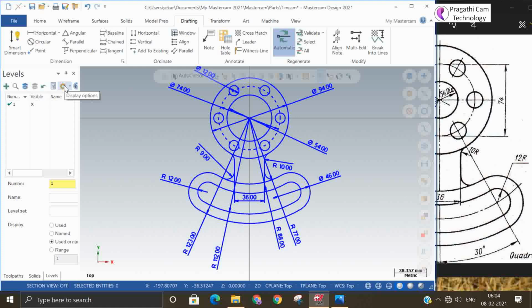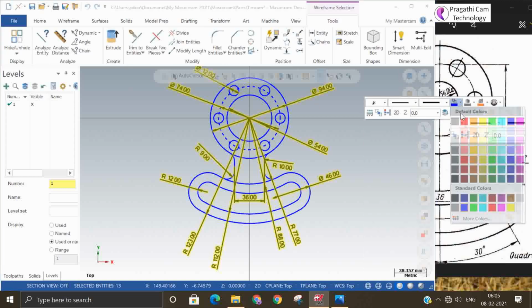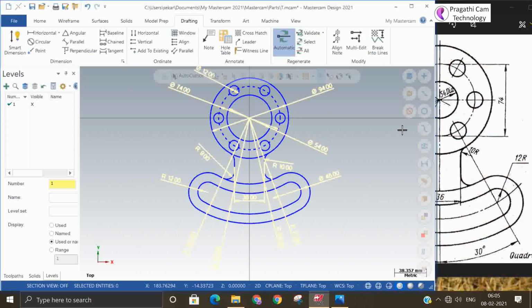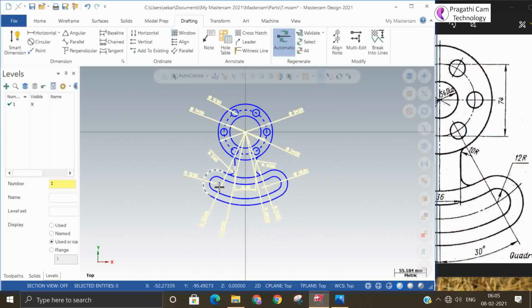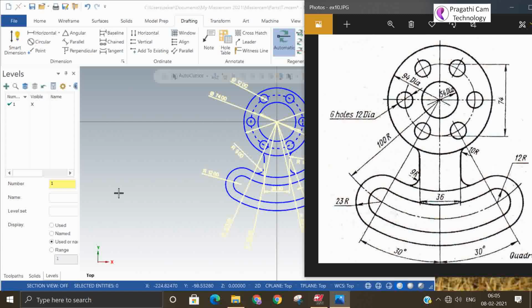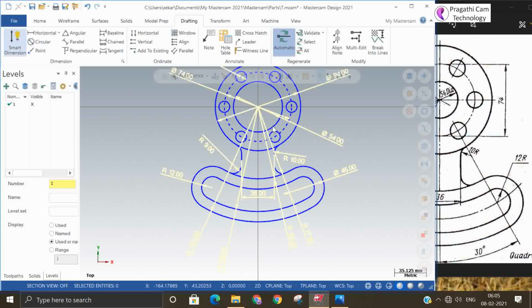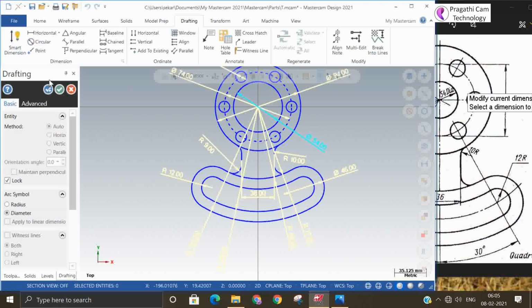Since we have removed the angular lines, if you want an angular dimension, you need to draw this line. We change the color, a different color for the dimension line. We'll take very light colors, and you can draw these two lines so that you can show the angular dimension also. If you want, you can rearrange the dimensions.